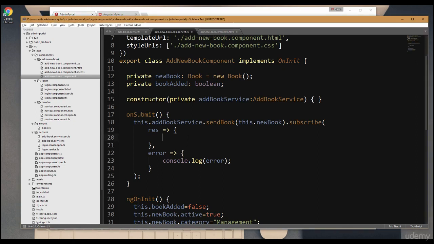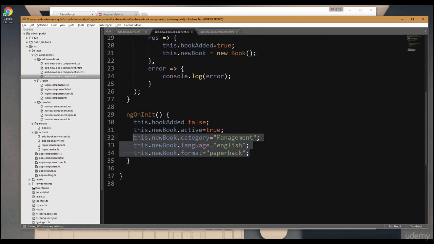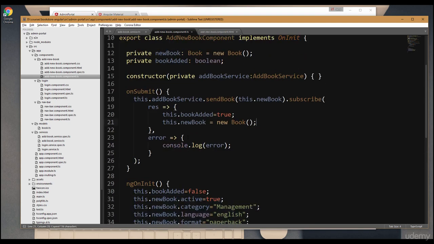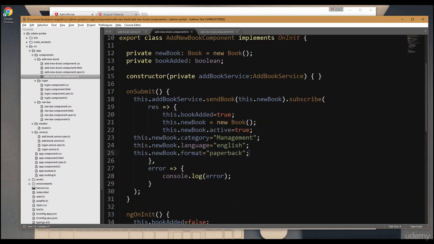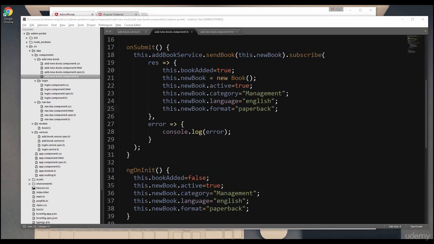and when we actually successfully add a new book, we want to change the flag of book added to true, and then we can define this new book with the new book constructor, so that it becomes another new book. Then after that, we can copy the information here. Okay. So that looks good,